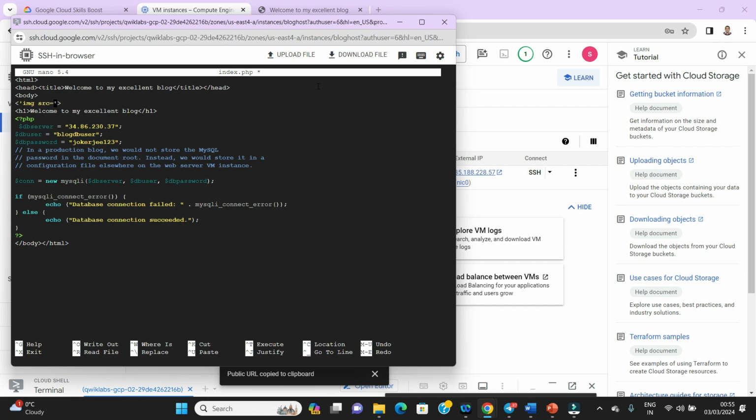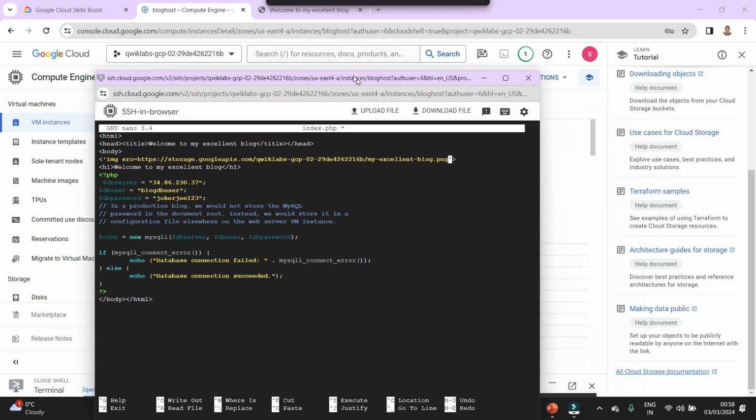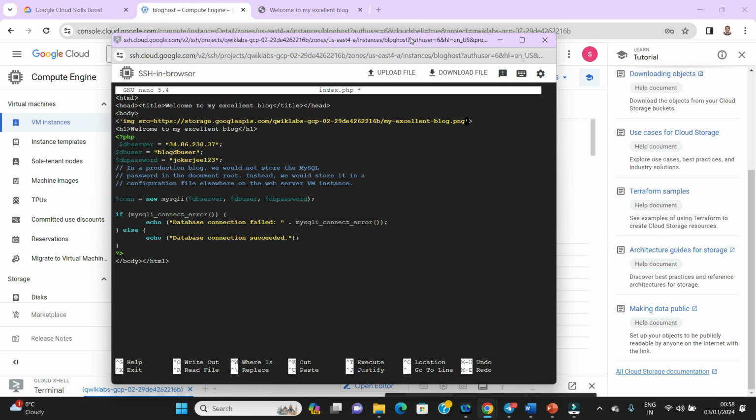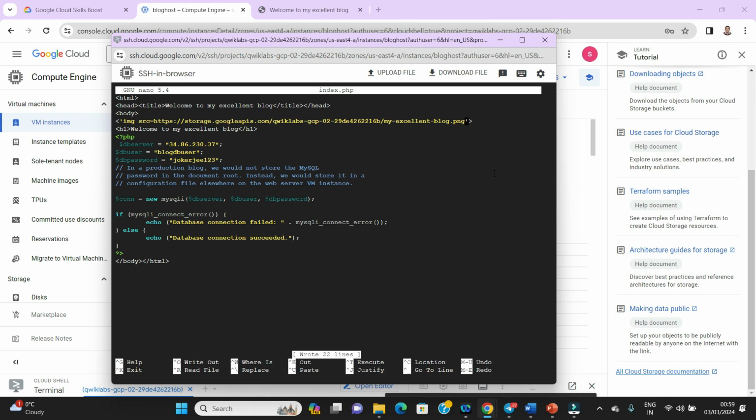Instead of writing it, you can just paste it here, and you can see the entire path has come. Okay, this is done. Again I am going to save it and exit.